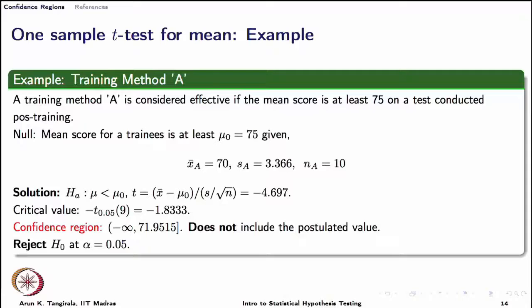test. In a critical value approach, we say if the null hypothesis is true, then the extreme value that I am willing to tolerate is minus 1.833. Now, the observed statistic is lower than, or more extreme than, what I am willing to tolerate, therefore I reject the null hypothesis. But now suppose I want to repostulate the truth and say mu naught equals 71. Suppose the null hypothesis now changed to mu naught equals 71.